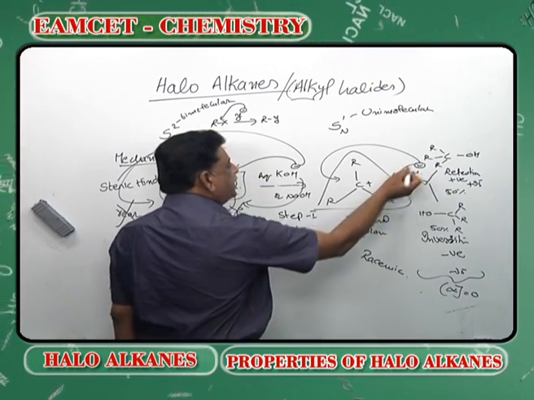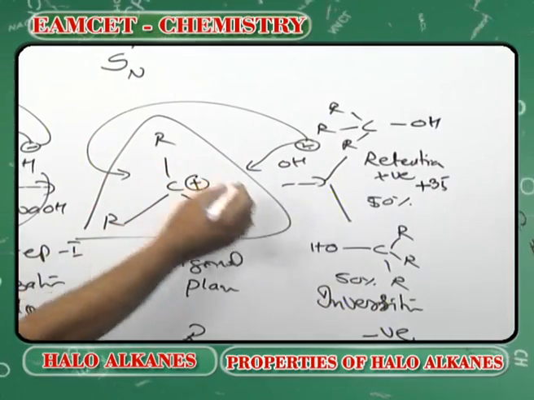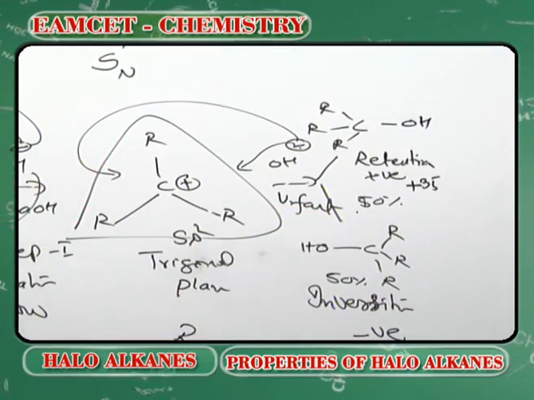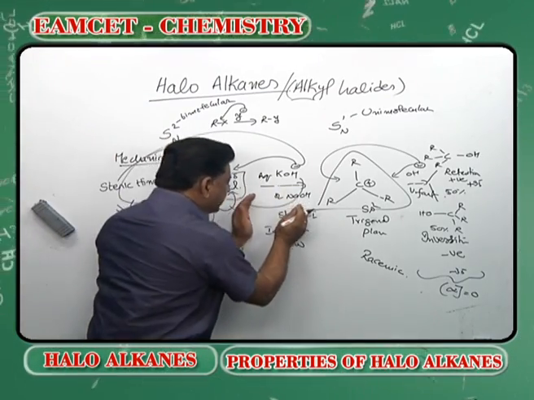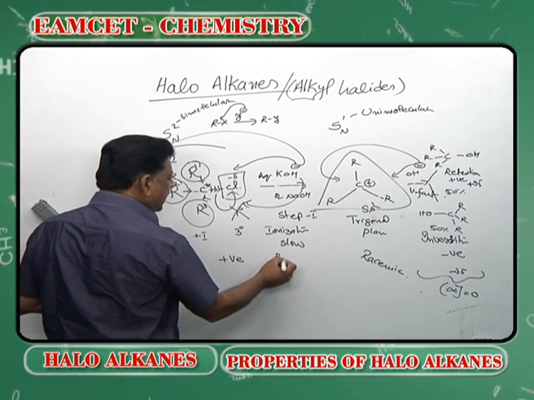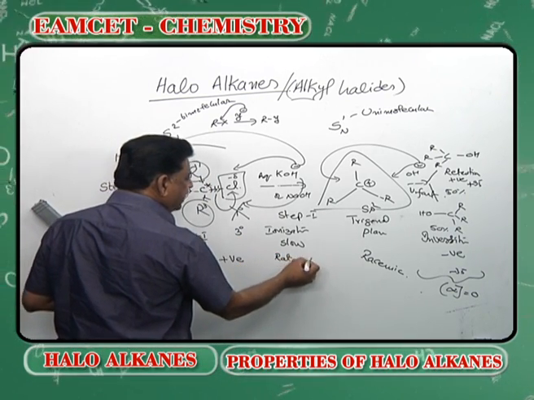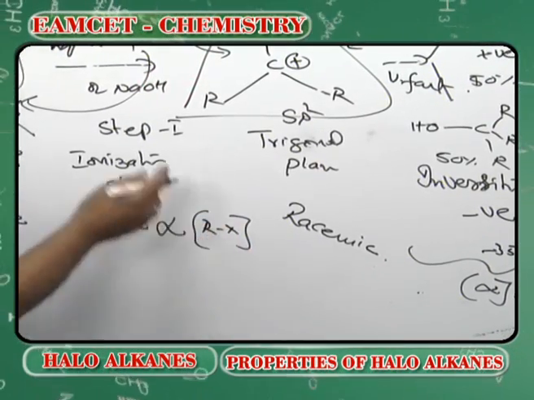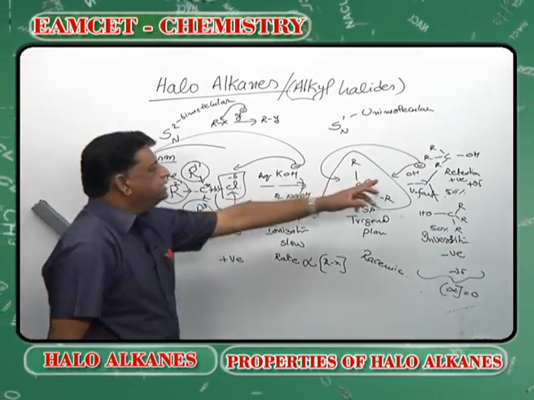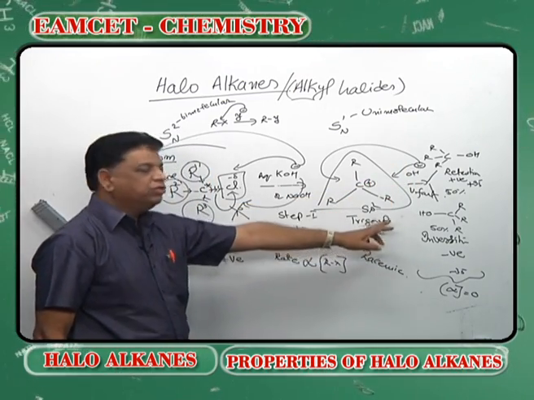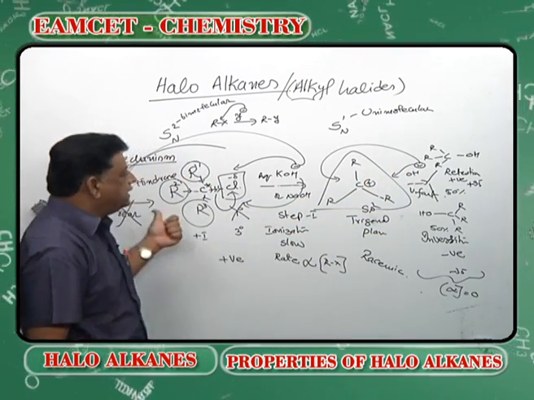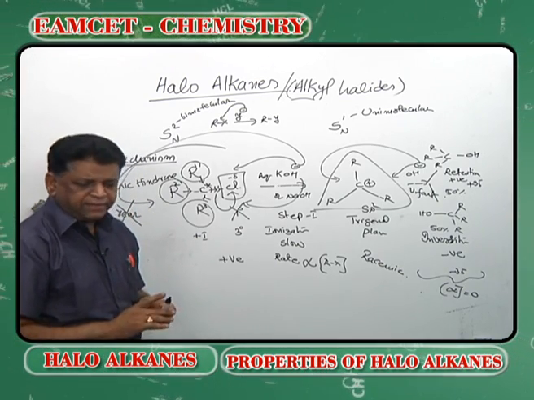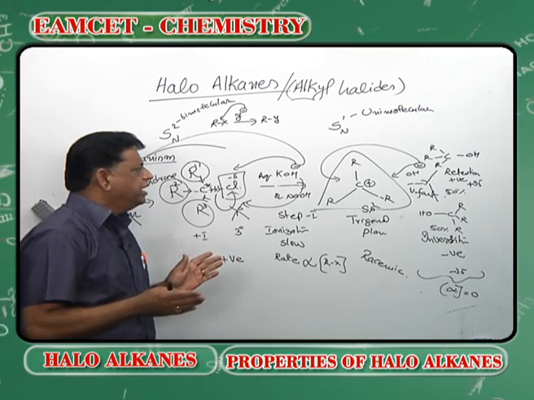This happens to be a minus attacking on the plus, ion versus ion, a very fast reaction. So the rate of reaction is only dependent on the slow step, that is the alkyl halide alone. Rate of the reaction is dependent only on the alkyl halide but not on the base. The base is coming in the second, which is a very fast step. So that won't be the rate determining step, only this will be the rate determining step. So there are a number of comparisons as well as a number of differences